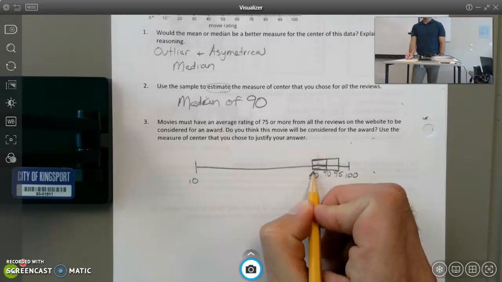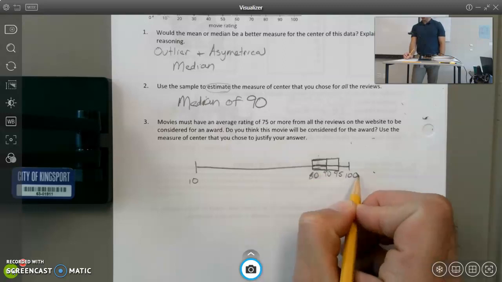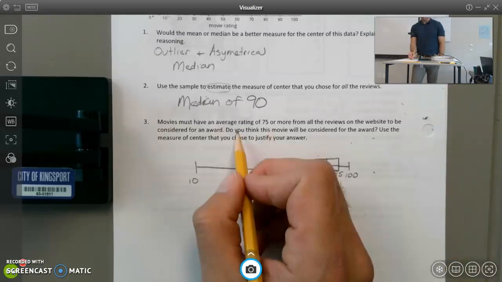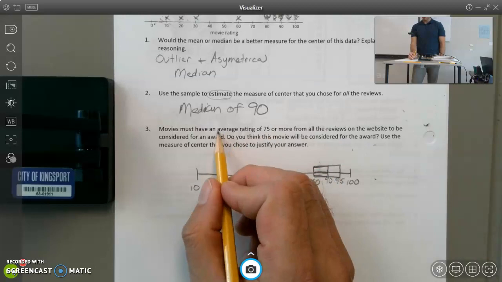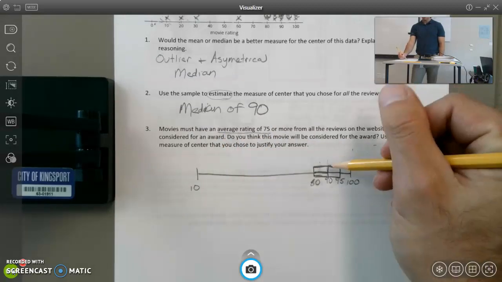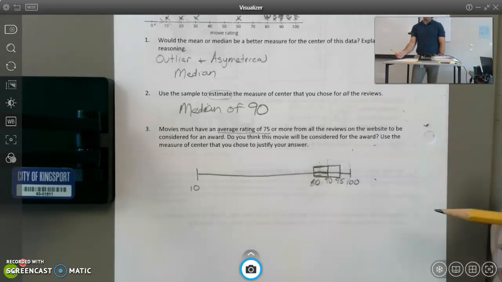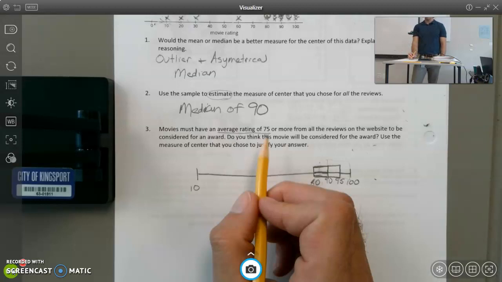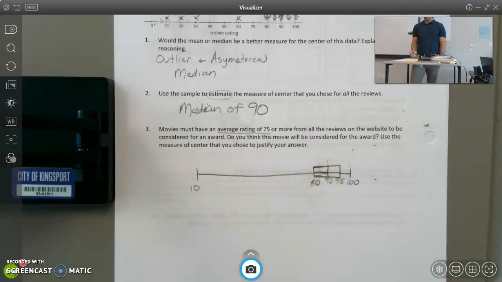That means that 75% of the people thought that this movie was 80 or better. So when you say an average of 75, well, half of the people thought it was 90 or better. So more than half of the people thought that it was 75. Actually, 75% of the people